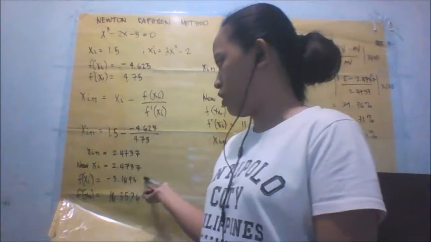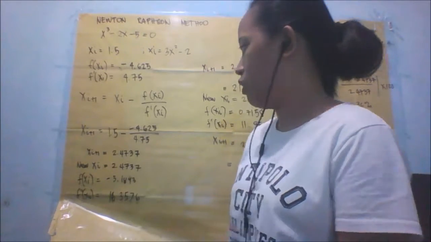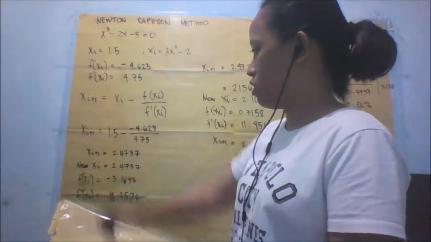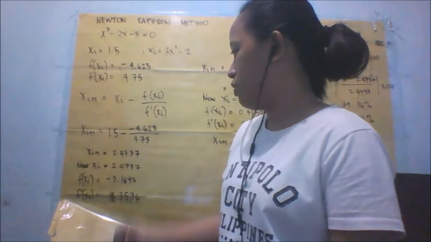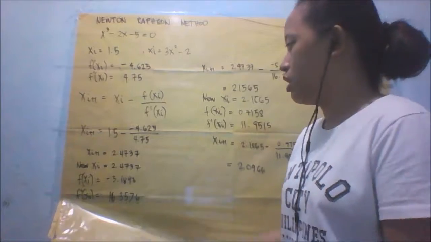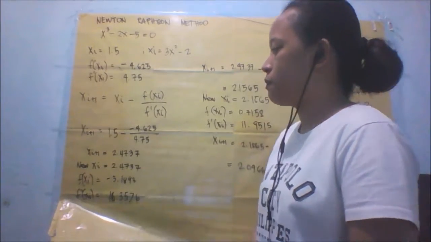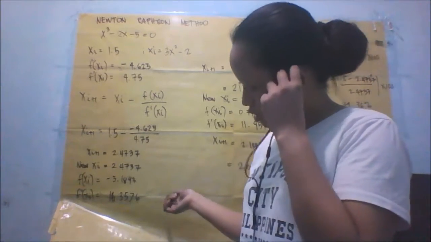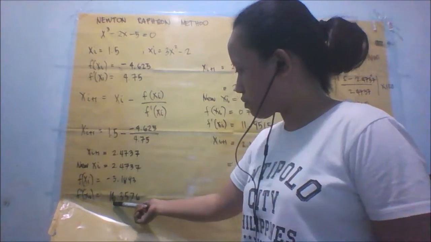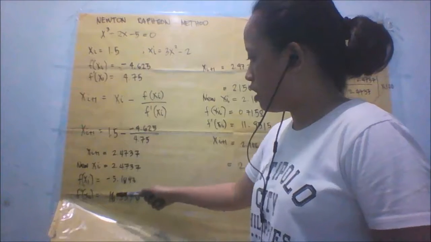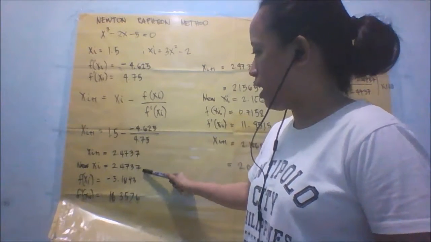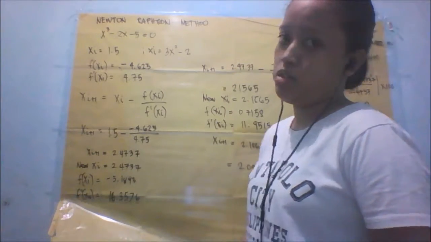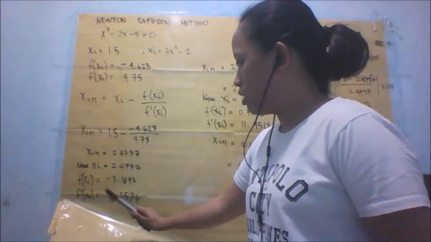So we have here f of xi. By substituting this new value of xi in our function, we will get negative 5.1831893. Then for the first derivative, by substituting this value of xi in 3x squared minus 2, we will have